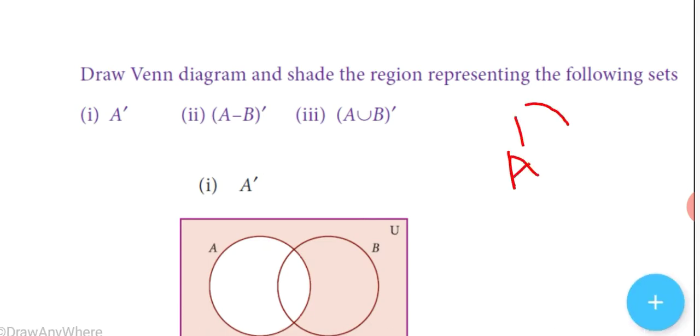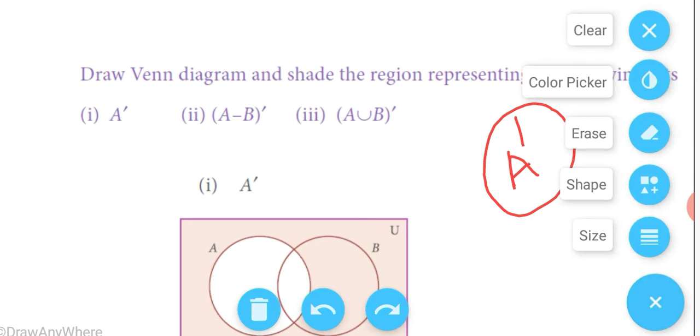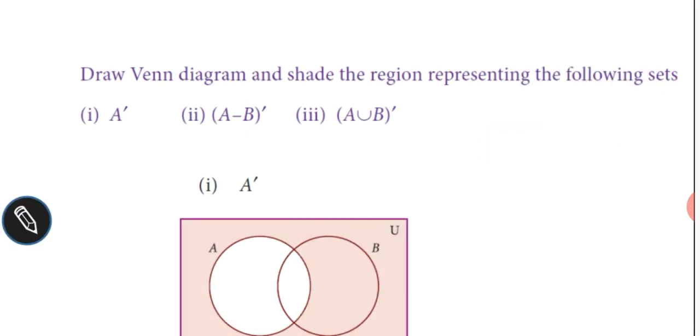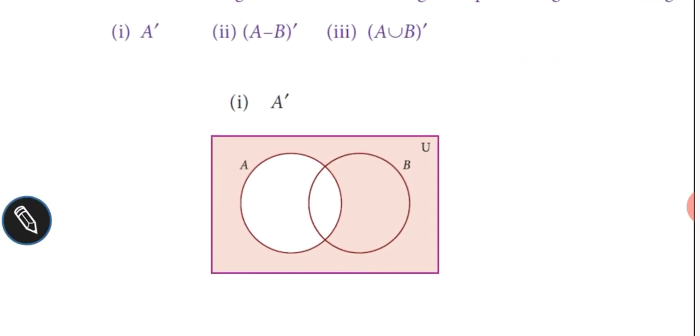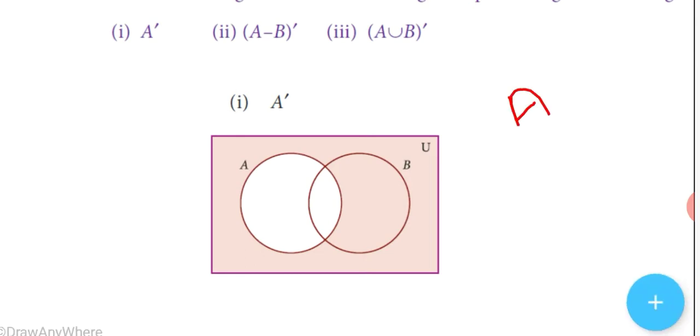We have to draw the Venn diagram for the complement of A, A dash. Okay, so the figure shows the situation. Let us assume two sets, capital A, capital B, and universal set U. For A dash, what we have to do is